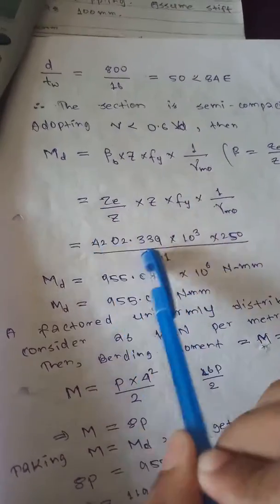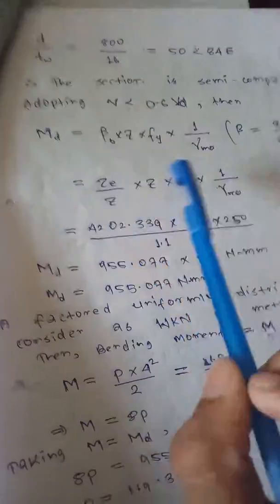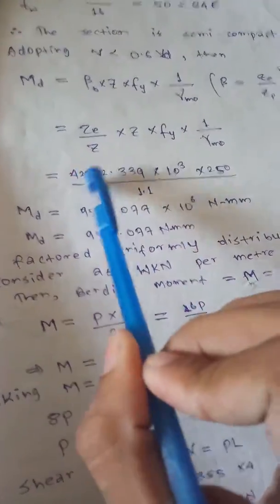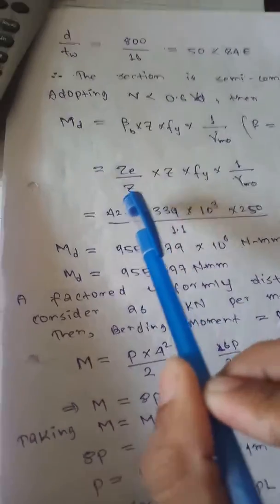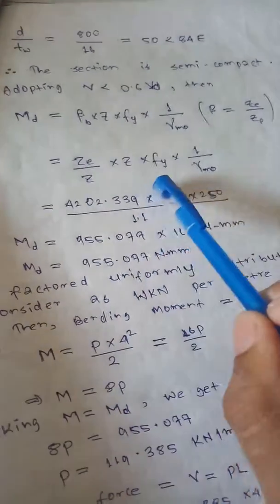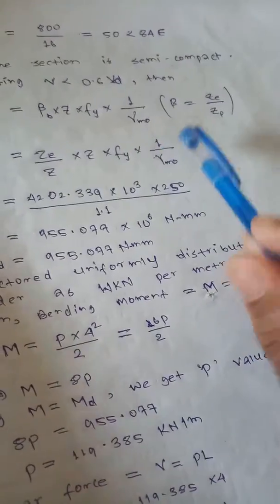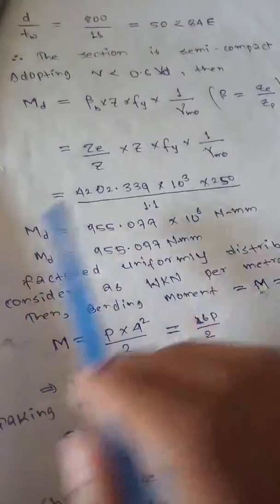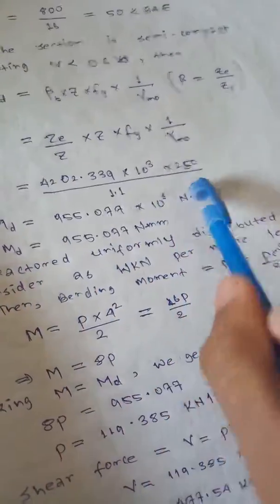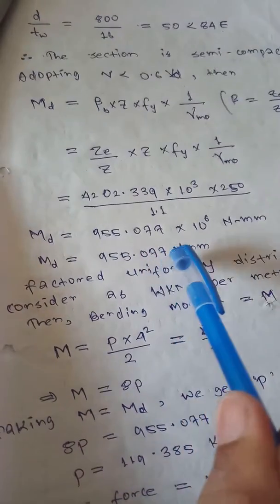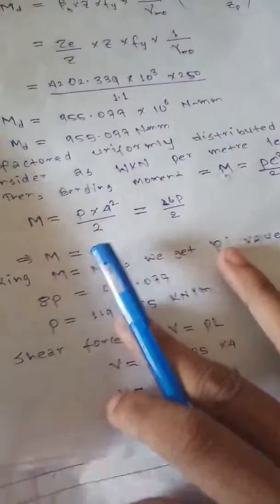Then substituting this value, we have Z_e by Z, where Z gets cancelled, and then we have the value 4202.339 into 10 power 3 into 250, and 1 by gamma_m0. Substituting this value, we can get M_d is equal to 955.077 Newton per mm. Then after calculating this,